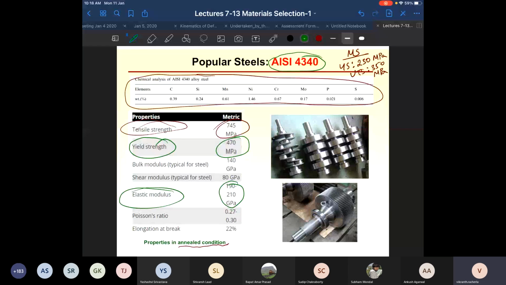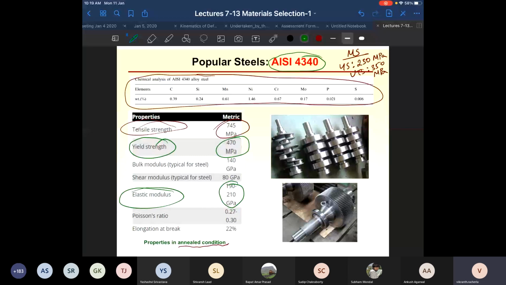The most common heat treatment conditions you will find are annealed or normalized condition. Normalized means you cool it in a furnace. Annealed means you cool it under ambient conditions in the outer atmosphere. So the most common condition you find a material in is annealed condition. And then you have quenching and heat treatment. So